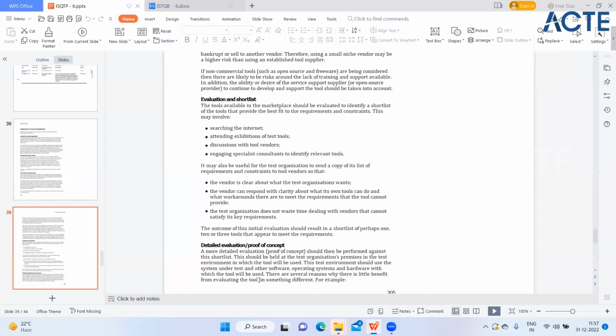This should be held at the test organization premises in the test environment in which the tool will be used. This test environment should use the system under test and other software, operating system, and hardware with which the tool will be used. There are several reasons why there is little benefit from evaluating the tool on something different. For example,